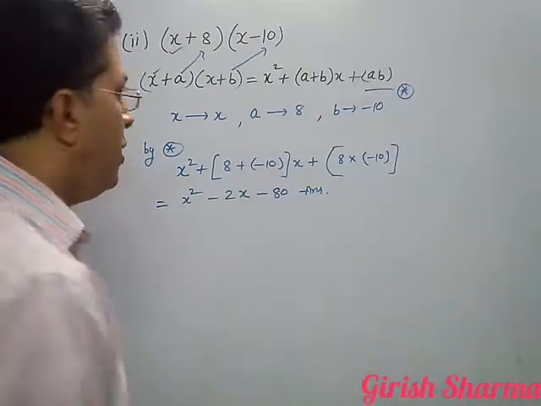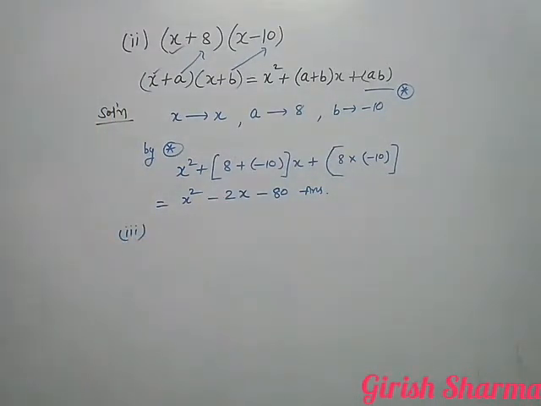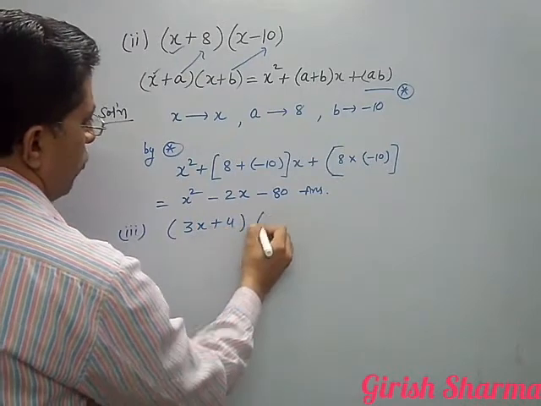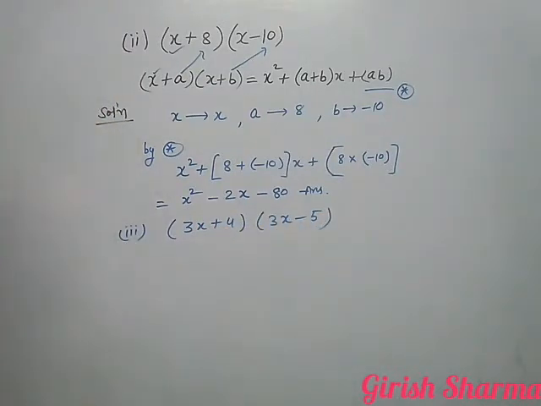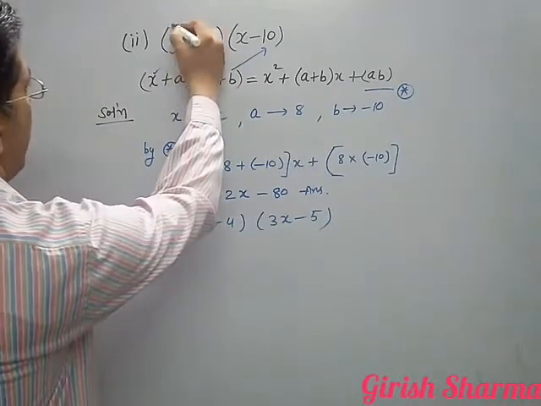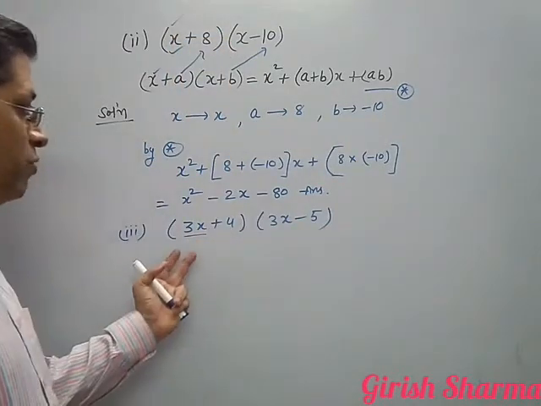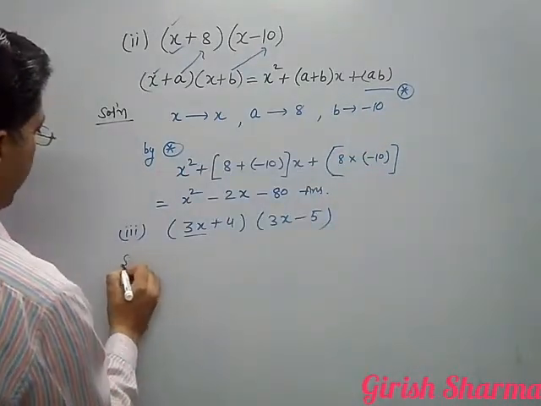One more I am taking. Now slightly third question is, one more I am taking, that is (3x + 4)(3x − 5). Okay, how can we solve it? Earlier we have seen only, compare it, here is x and here is 3x now. So what to do? We can solve by this previous identity only. See here, what was our identity?